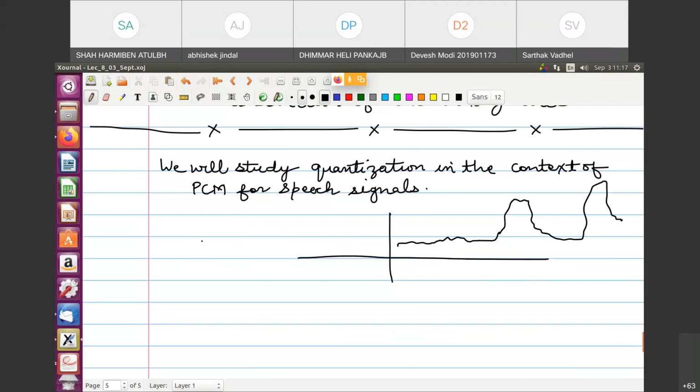Another case, so let us say this is for a person A, but there is a person B who speaks loudly most of the time, or his normal speech levels are slightly higher. Let us say this is your normal speech level. Someone speaks softly, someone speaks maybe loudly most of the time, and then when he or she shouts, then the amplitude level is high. Okay, so this is what we need to put a quantizer for,